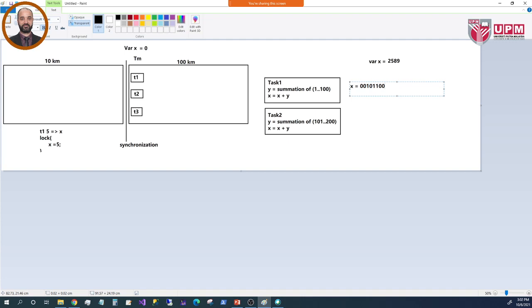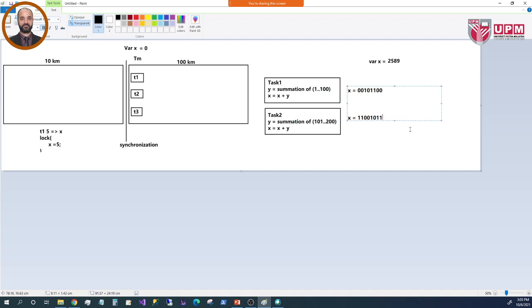This is 8 bits, right? Suppose that task number 1 wants to save this value to the variable x, and also task number 2 wants to make it, for example, 1, 1, 0, 0, 1, 0,